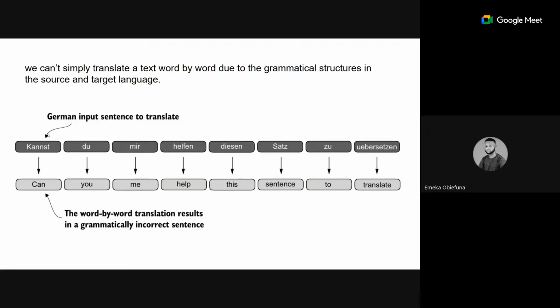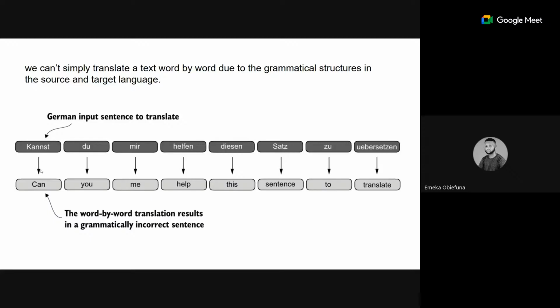If you look at the first German tokens up here, you are going to notice that if we try to translate each of these words word for word from your input text to your target text, the translation is not going to make much sense. The reason is the nuances and grammatical structures that exist between your source and your target language. Because these two languages are not exactly the same,